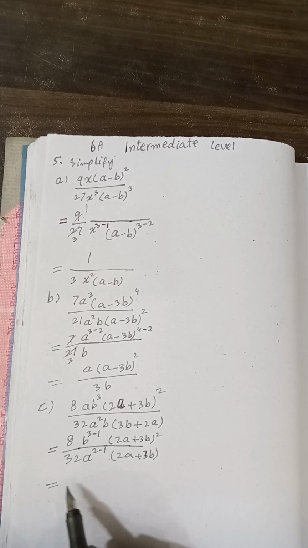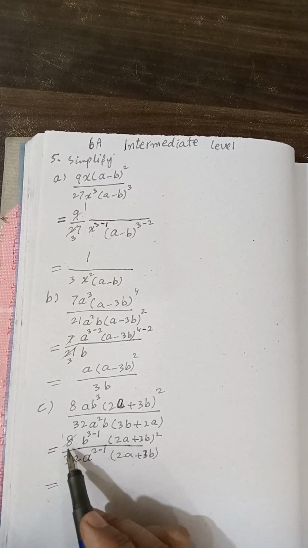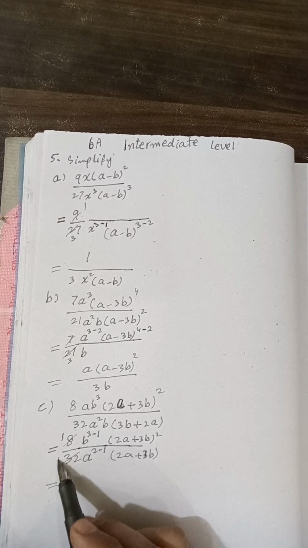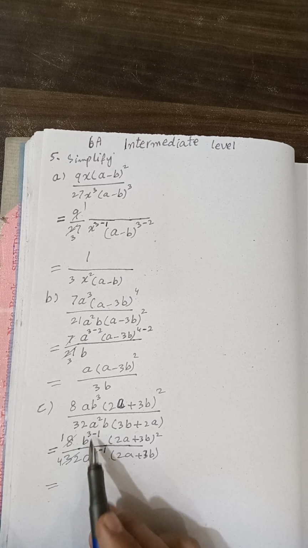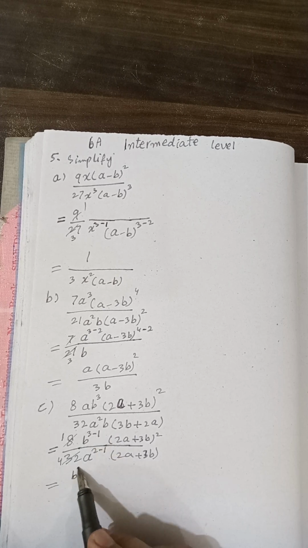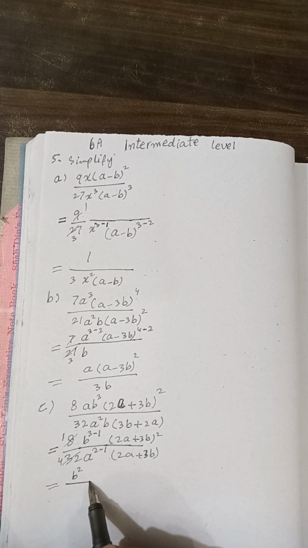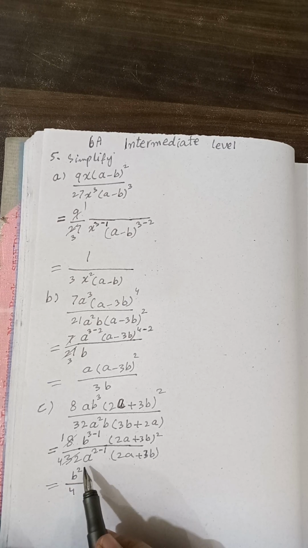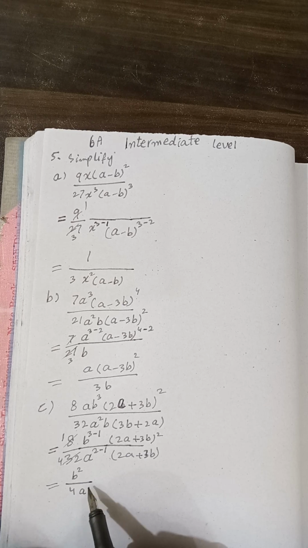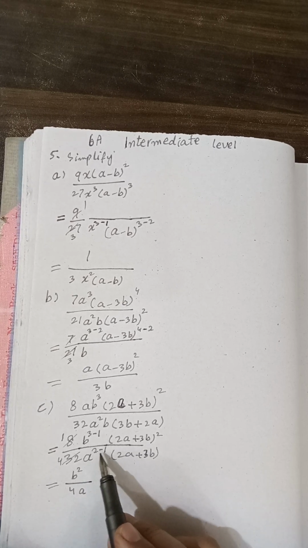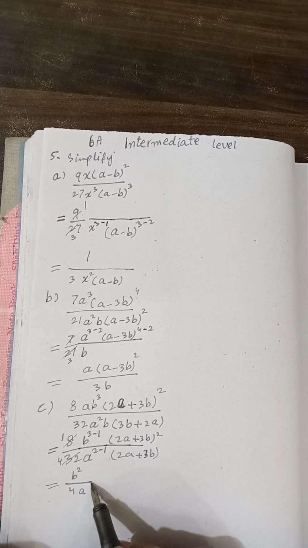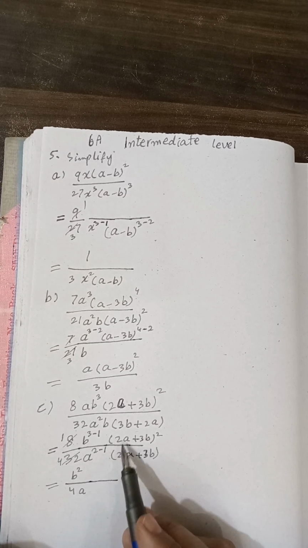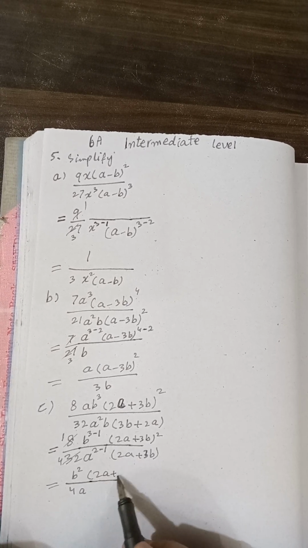Now you can cancel these. 8 ones are 8 and 8 fours are 32. So, when you subtract 1 from 3, the answer is 2, b raised to power 2, and here 4, and a will become a, because when 2 is subtracted by minus 1, the answer is 1 and it will become a. And here 2a plus 3b